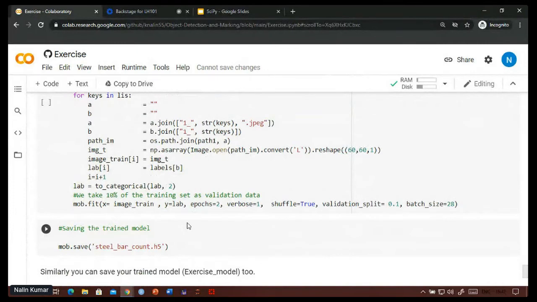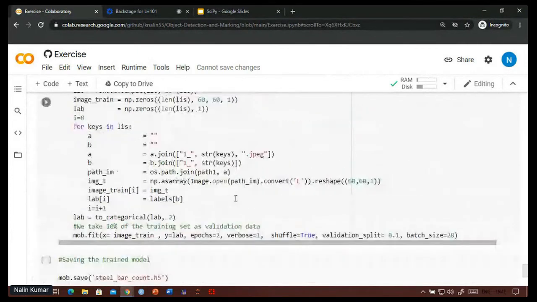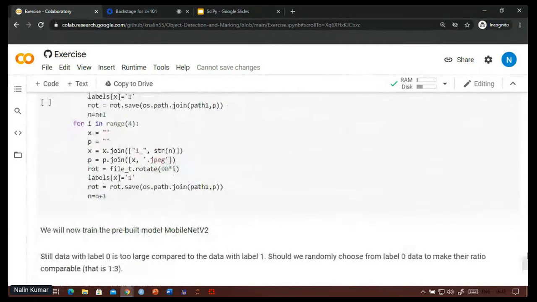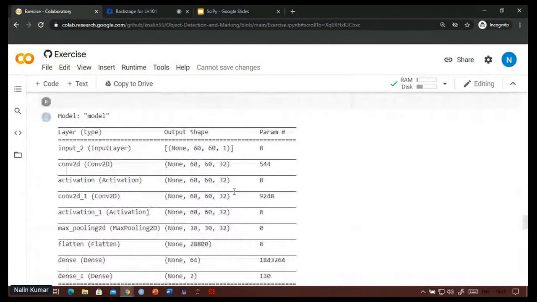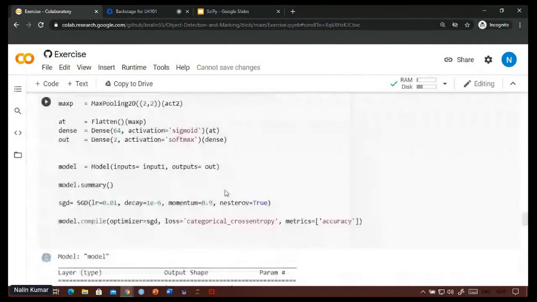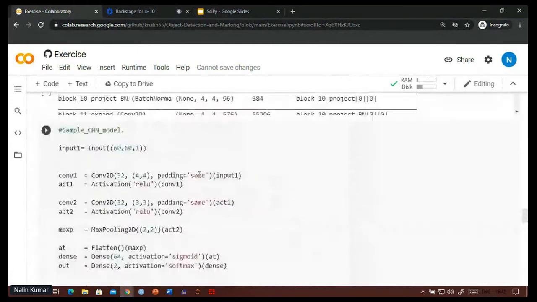You can save the model which you might have created or will create or are creating while we explained a simple CNN model. Similar to this one, you can create one, train it and then save it.